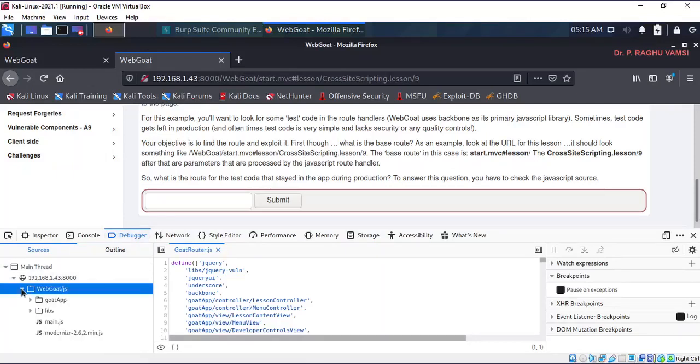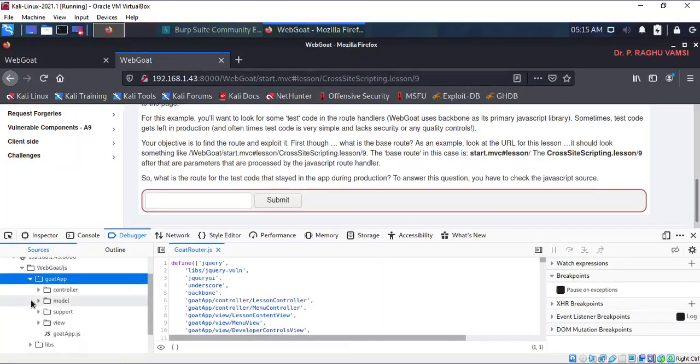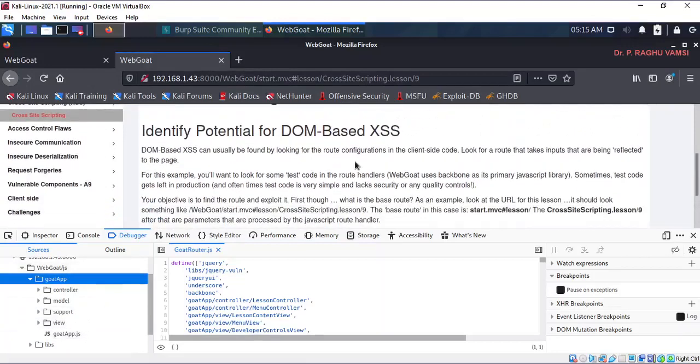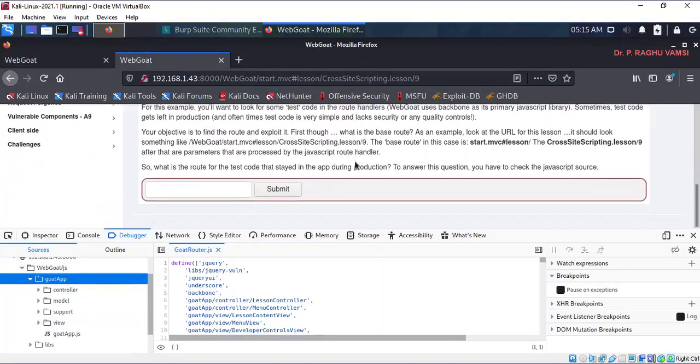Because we all know that the routing is from the JavaScript. So in the JavaScript, goat application, you can go to the controller, model, support, view. We all know the model, view, controller architecture, and whatever we are viewing on the web page is part of the view.